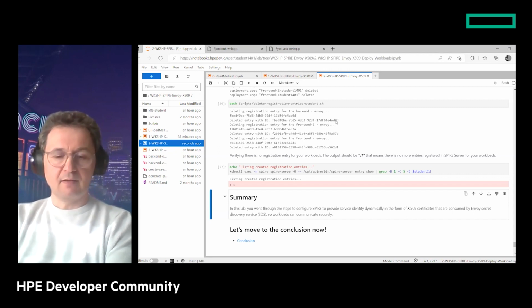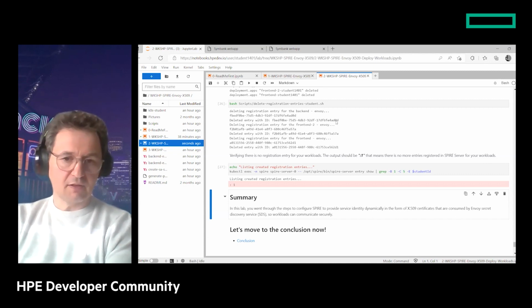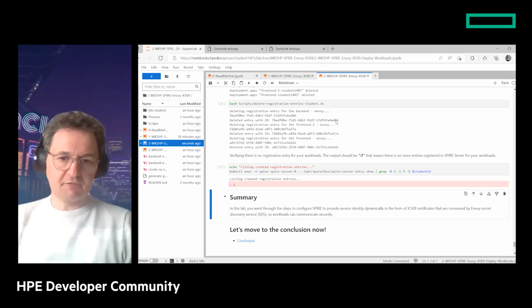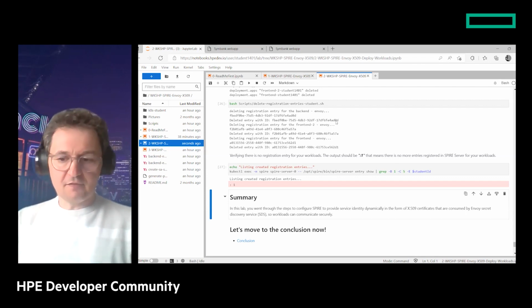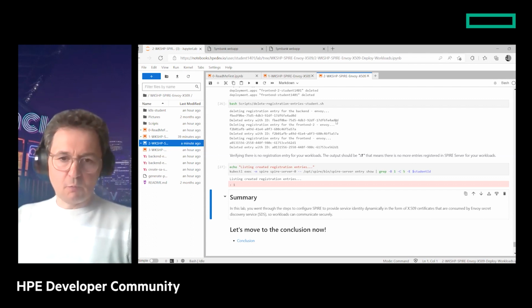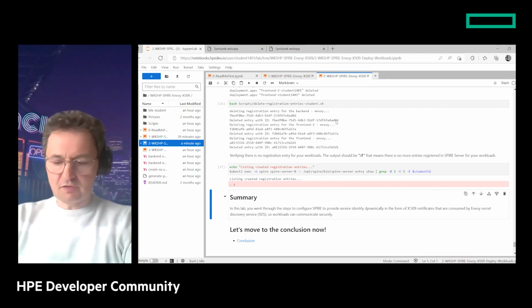And in SPIRE, you don't have a certificate lifecycle. It's automated because the SVIDs are very short-lived. The purpose of SPIRE is really providing the SVID whenever necessary to the workload, not as a general property, but only as a token after successful attestation. So if a workload, in our case the Envoy proxies, via their secret discovery service, requests the SVID from the SPIRE agent,